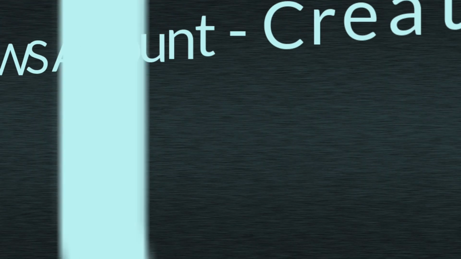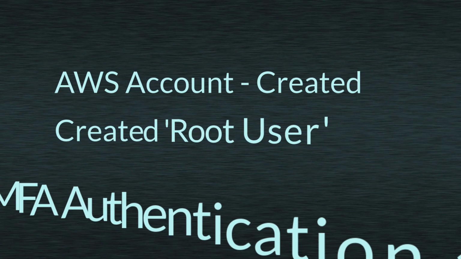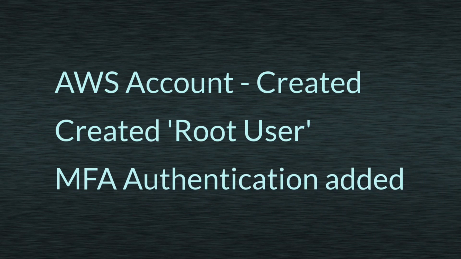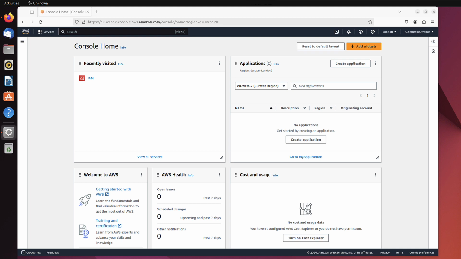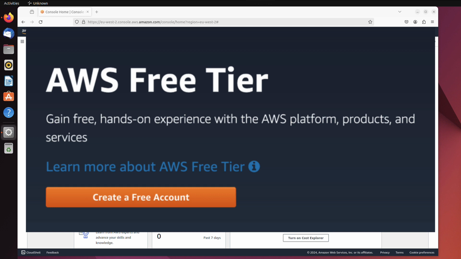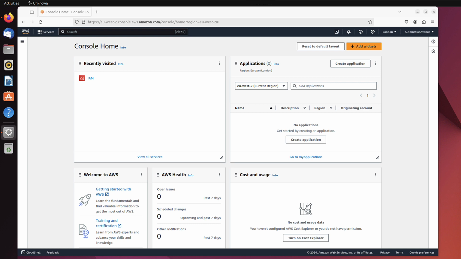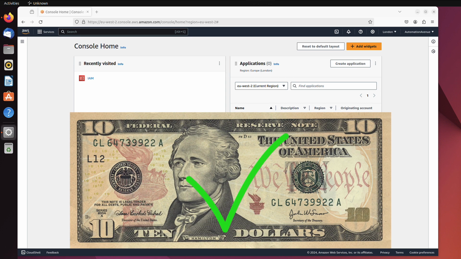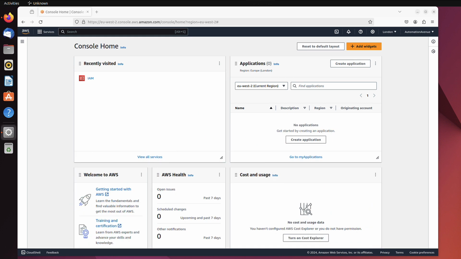In the previous video, we created our new AWS account, logged on as a root user, and added MFA authentication for that root user. So the next most important thing is that we should know how much money AWS services will cost us, if any. We can either try not to spend any money, using only free tier eligible services, but maybe we are okay to spend some money, just not exceed a certain threshold, like maybe $10 a month. One way or another, we definitely want to be in control of our budget. And that's what the AWS Budgets service is for.